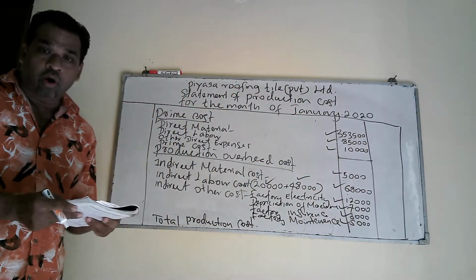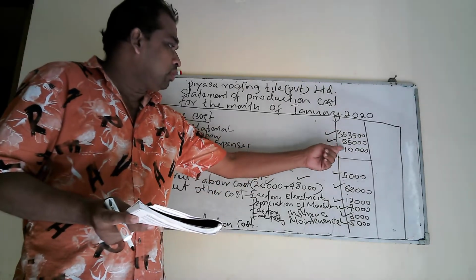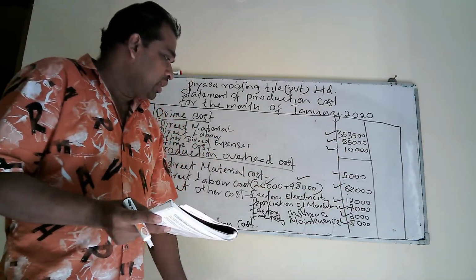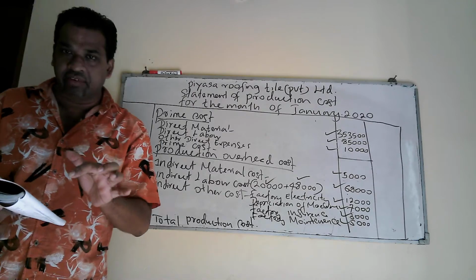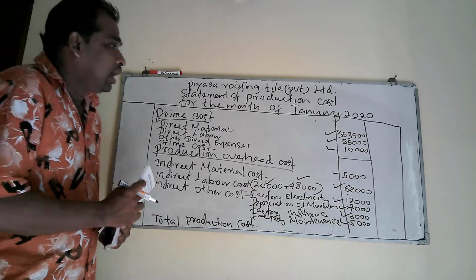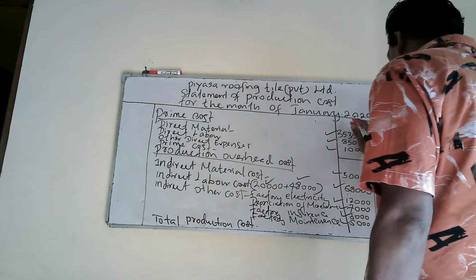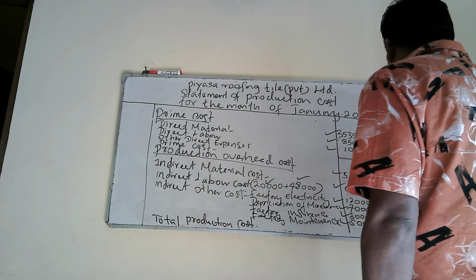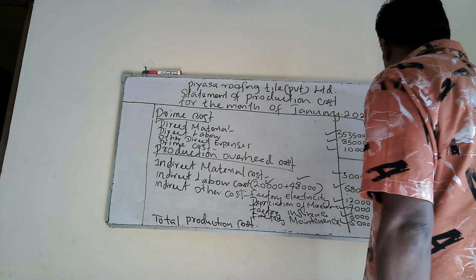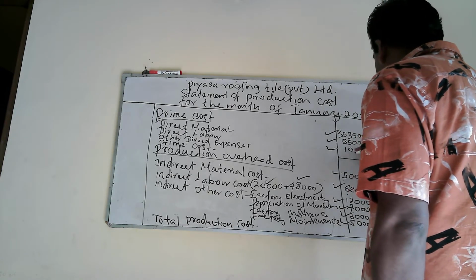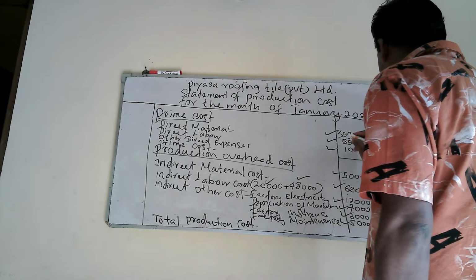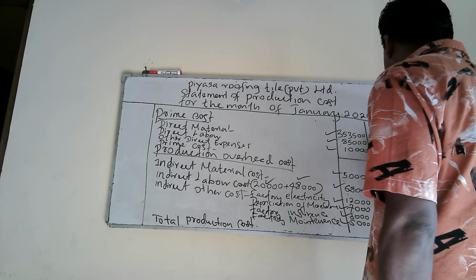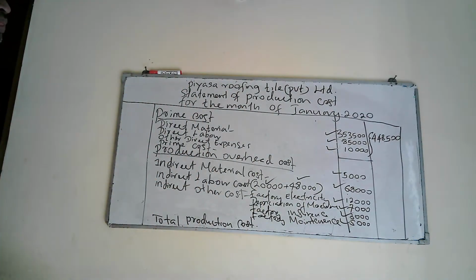We have taken all the values 1, 2, 3, 4, 5, 6, 7, 8, 9 here. We have already taken all the values given in the questions. Now we can complete the questions. Your prime cost will be the addition of these three: 0, 0, 5, 8, 5 plus 8 is 13 and 14, balance is 1, 1 plus 3 is 4. The total prime cost will be 448,500.